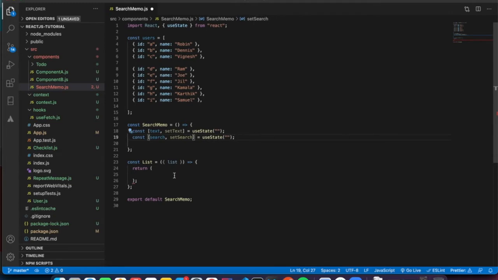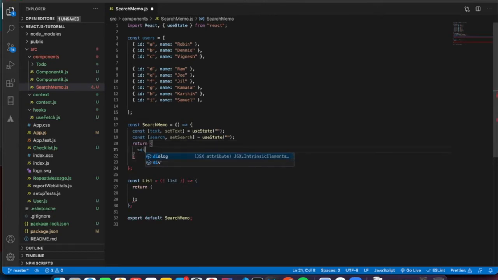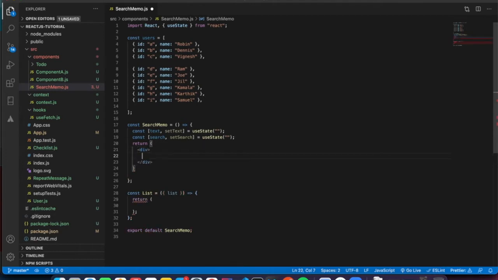Okay, so now let's write the HTML part here. So return, and this will return an input, so let us enclose this in a div. Now it will be input. I think by now most of the people are familiar with this state and other hooks that we have seen.